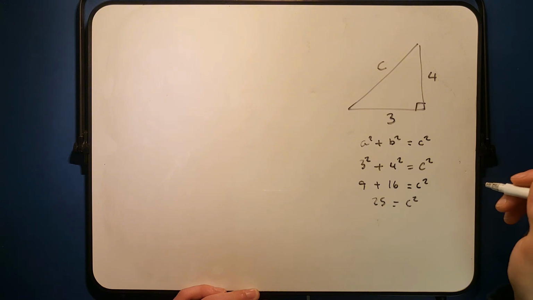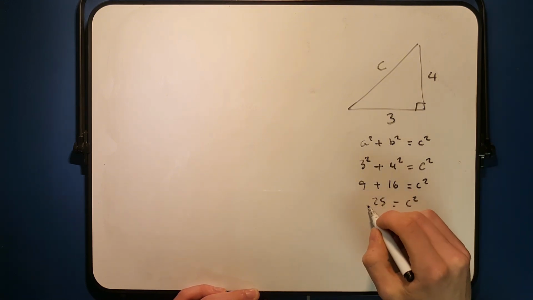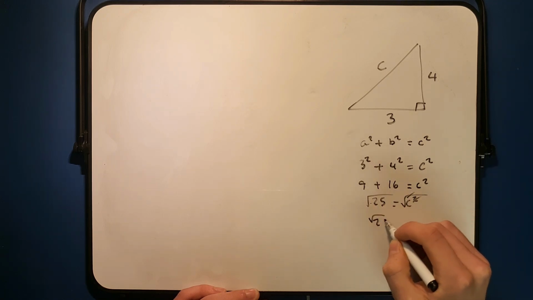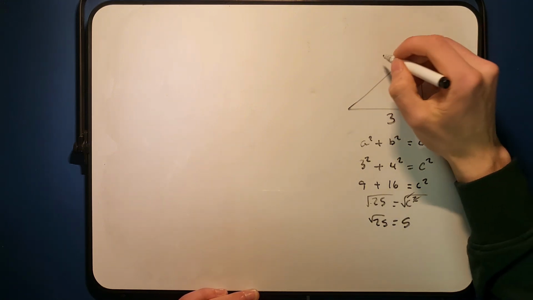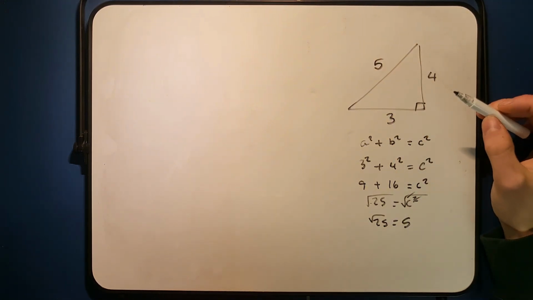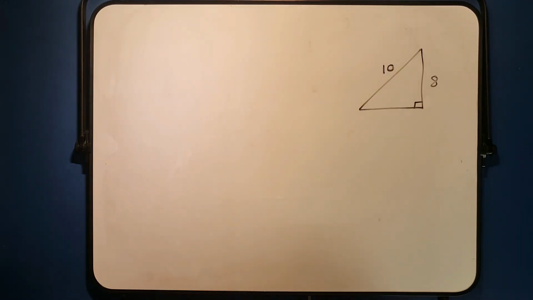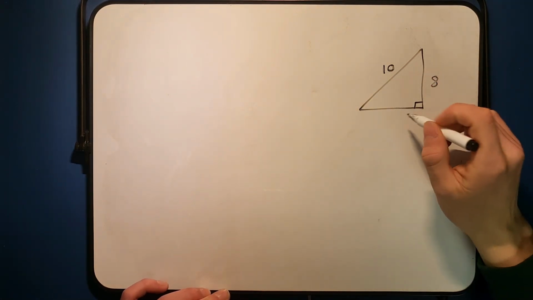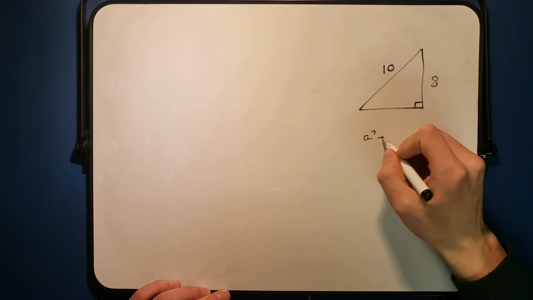Well, that's really convenient because 25 is a square number, so we can square root both sides to cancel out the 2 to give us 5. So we know our hypotenuse is equal to 5. This is a very famous example, the 3, 4, 5 triangle, and we found it using the Pythagoras theorem. But let's say we are given a triangle, but we're already given its hypotenuse, and we need to find another length. So what we can do, we first write out our equation,